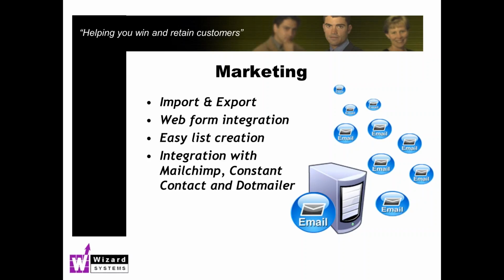Now, from a mailing point of view, if we're doing an event, there might be some initial invitations that go out by email. And you may be doing lots of other email marketing activity right now as well. We integrate with three very popular systems: MailChimp, Constant Contact, or dotmailer. MailChimp is probably the most popular one that we come across. So, a nice two-way link.